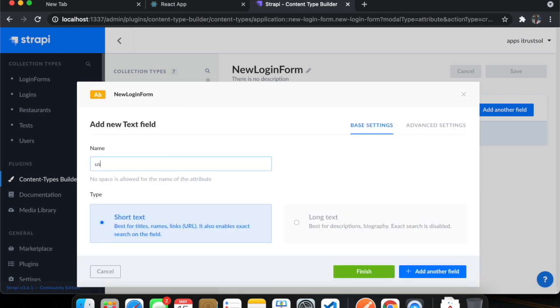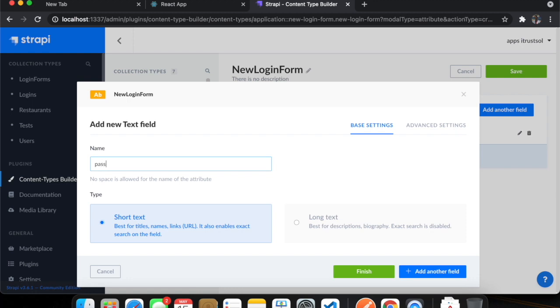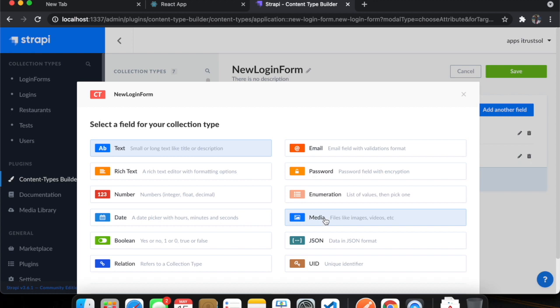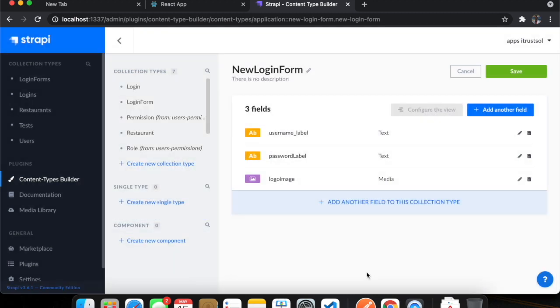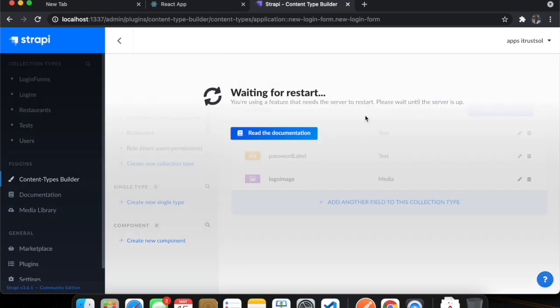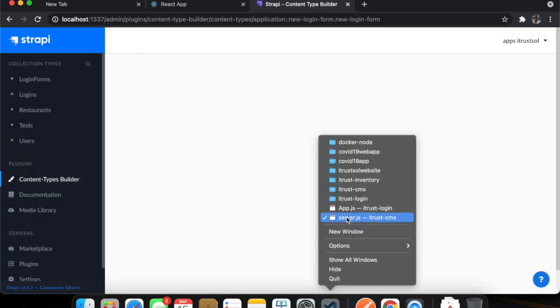I create a text field, username label, then click add another field, password label, and then add another field for the logo image, a media field. Then just click finish. So it has the new login form with all those three fields. Just click save.